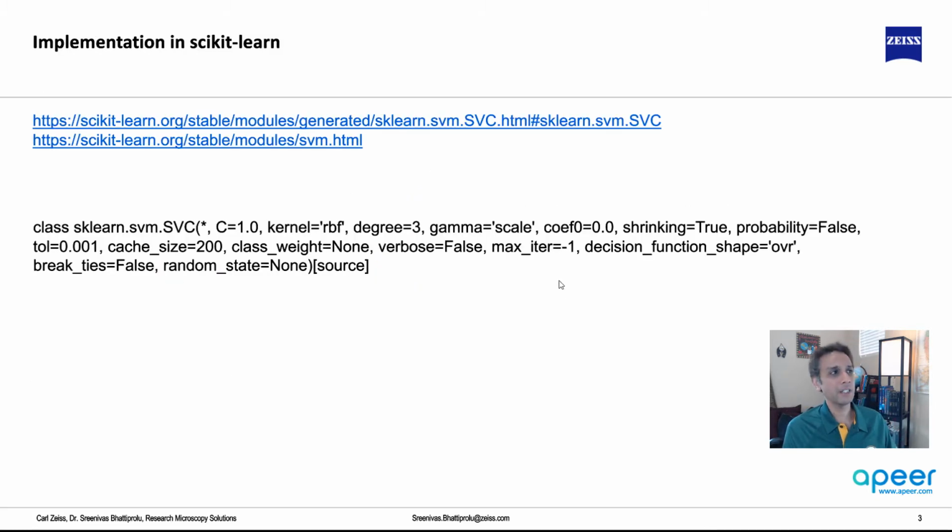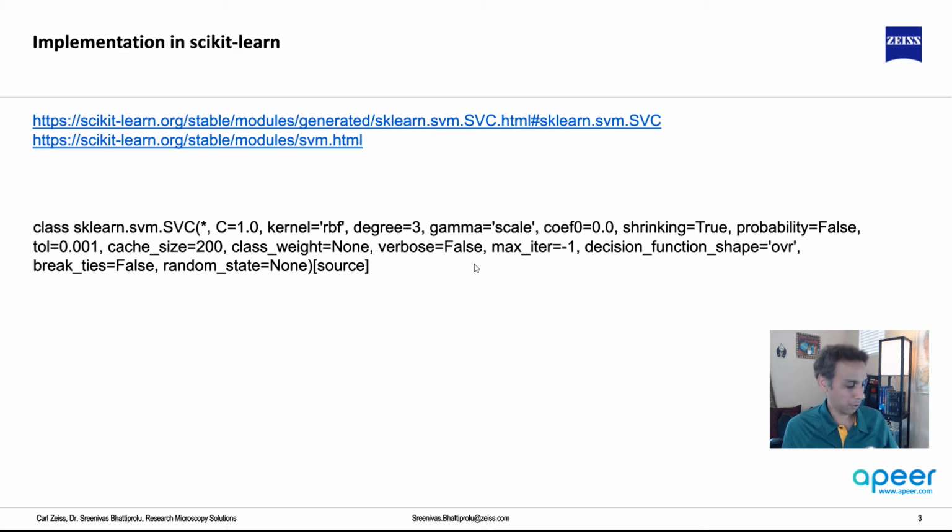Okay, and the implementation is very simple. It's again part of scikit-learn.svm, and there are many variations of support vector machines, so please go ahead and look at the documentation. Like I mentioned earlier, you can provide a whole bunch of parameters. For example, one of these is the kernel: what type of kernel would you like to use to define this surface? Is it a straight line, or something else? Every time I apply something, I just go to the documentation to make sure my thought is the right one,